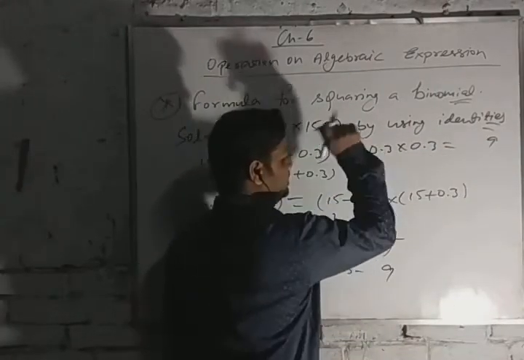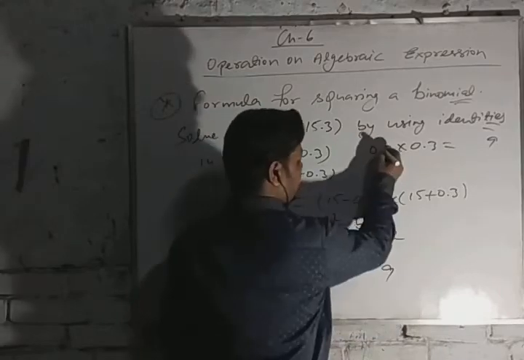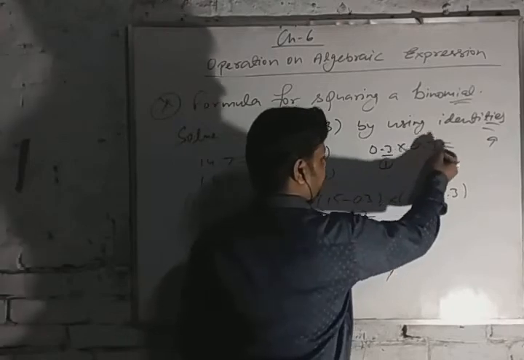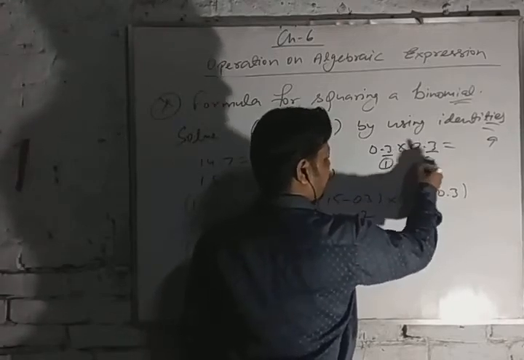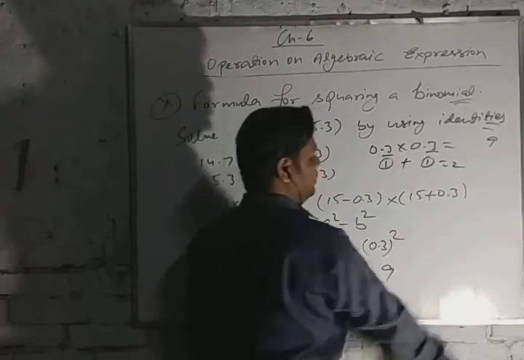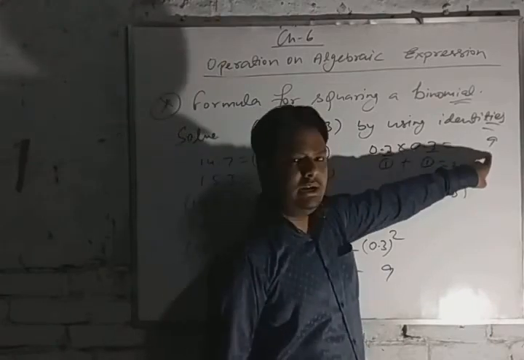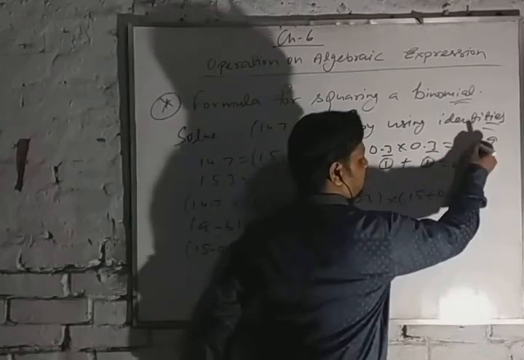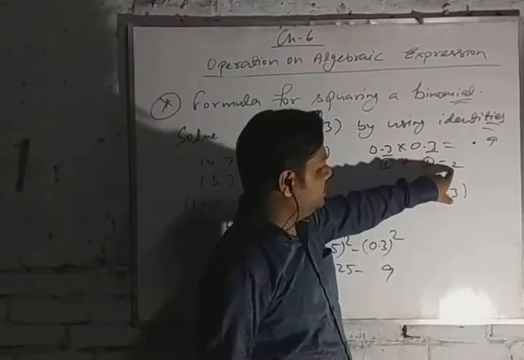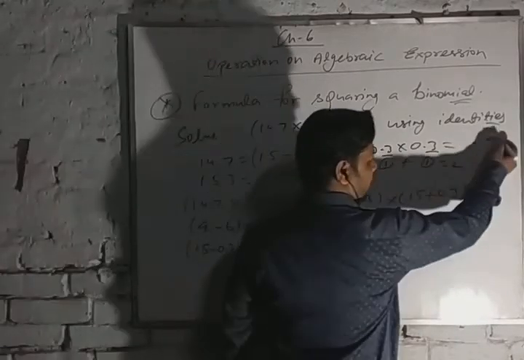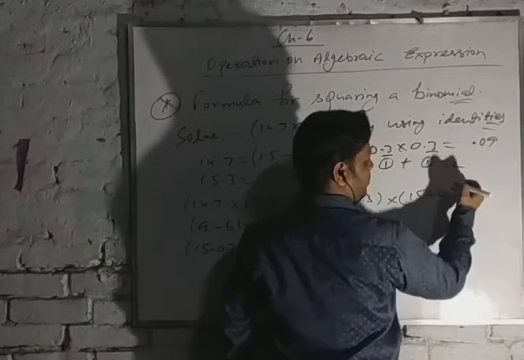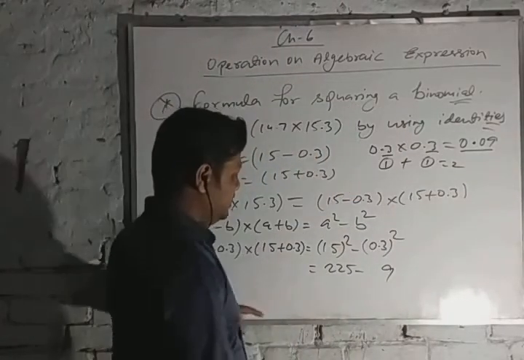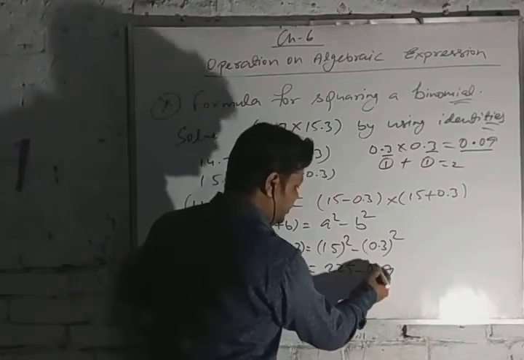Now after the decimal, how many digits? Here after the decimal only 1 digit. And here after the decimal again 1 digit. Then 1 plus 1, 2 digits. That is, in the answer we have to write 2 places of decimal. So we will write here only 9, and we will write 0 before it. Then 0.09 will be the answer. So we can write 0.09.